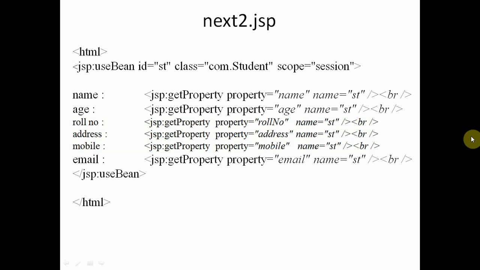And along with Java Bean, we are using multiple technologies in one program. We are using HTML, Java Bean, JSP, JDBC, ODBC database connectivity. So lots of technologies we are using in one program. That's why this program is complex. So you have to run this program, you have to execute this program.